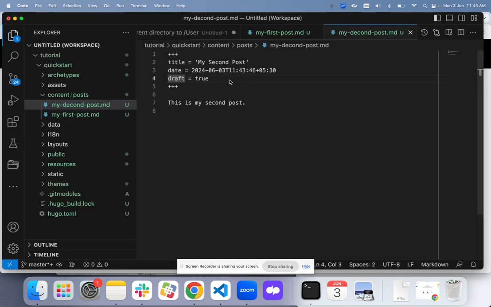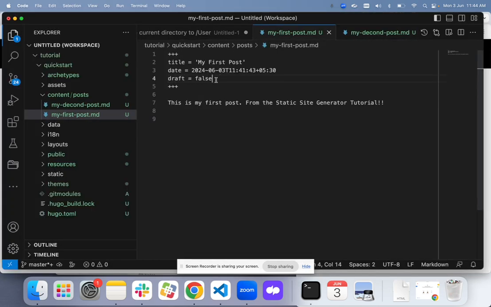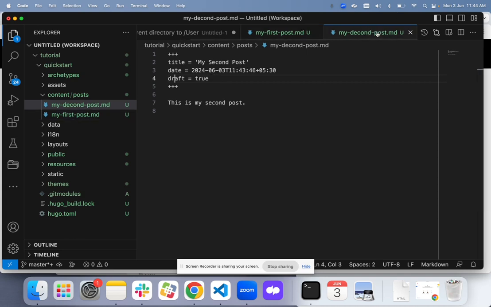Now, in order to see even the draft version, I'll have to use a different command. Earlier you saw I set this draft to false, so that it is ready to be published. Now even if I want to have the draft version also visible on my website, I can use this command.